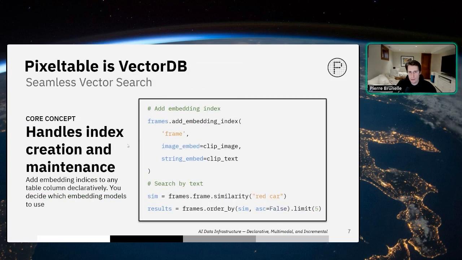Pixeltable is also a vector DB, which means as we use Postgres, you can seamlessly do vector search. What's very valuable about that is having the vectors collocated with the data, which means that there are two core things here. One, the embedding indices are created and maintained as you add new data. So you have incremental updates of your embedding indices, which means that the same way you declare the embedding indices, in a declarative way, on any table columns within your table,